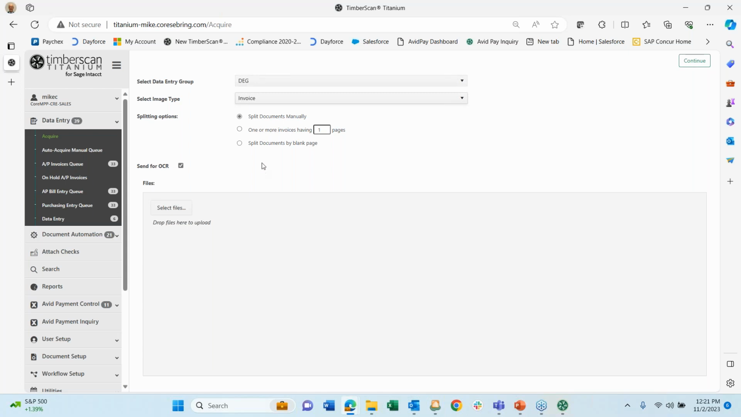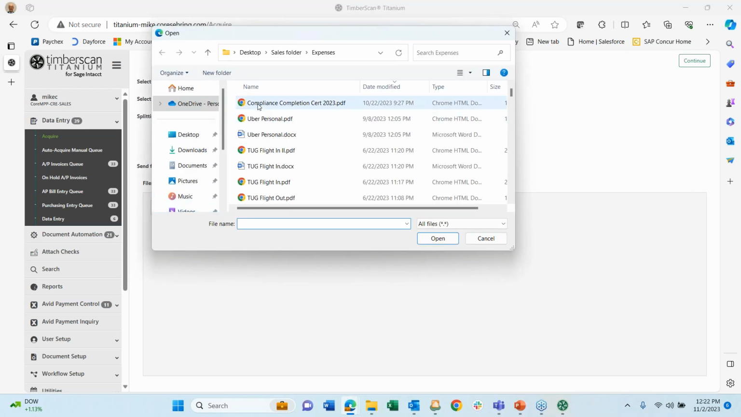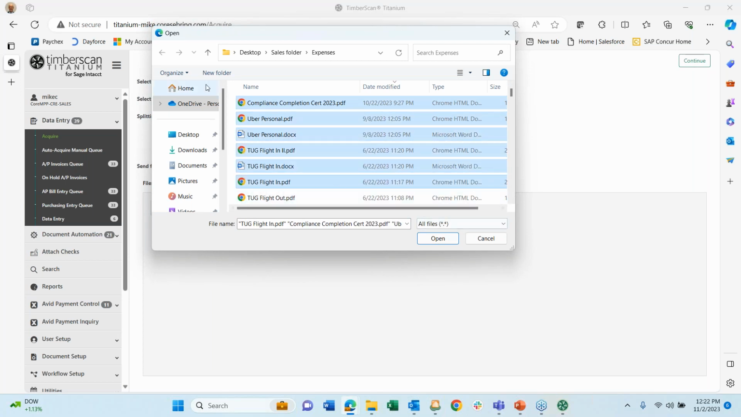So Titanium is working behind the scenes. It's looking at that email file. And when an attachment comes into that particular email address, it takes the attachment and automatically drops it into a file that we link to Titanium. And then in here, I can just go in and grab a whole batch of invoices all at the same time, and I can pull them up and open them up